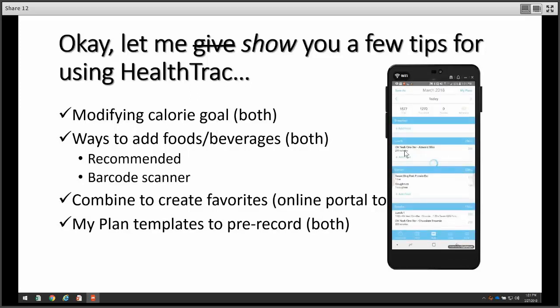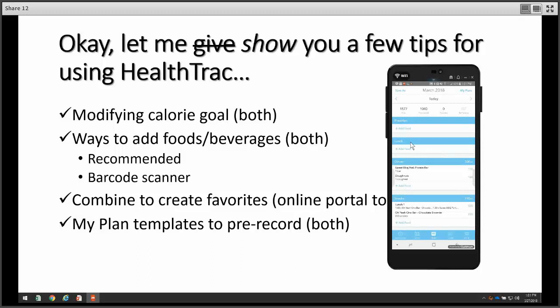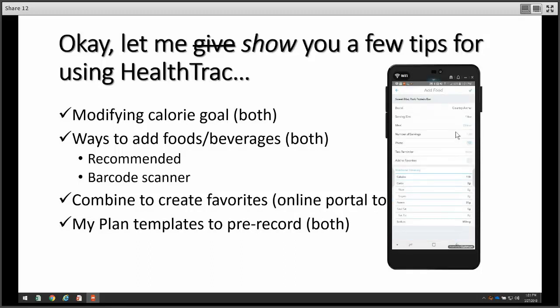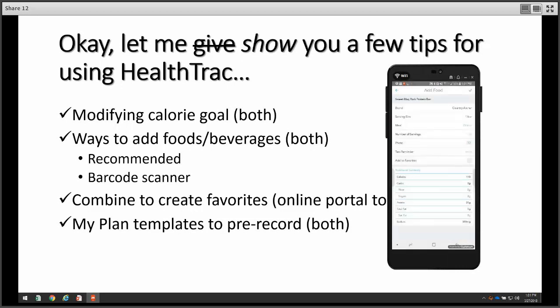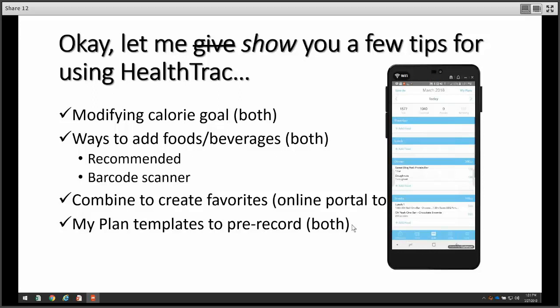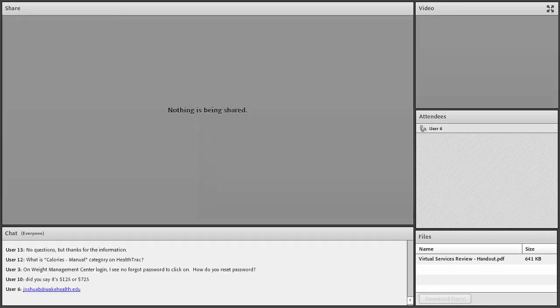If you long press an item, then it will let you delete. You can't really see me do it here, but I'm long pressing that particular item, and then click OK, and it will take it out. Now, let's say you had a half a cup instead of a full cup, then you would go into the item like I did, and change the servings from 1 to half.